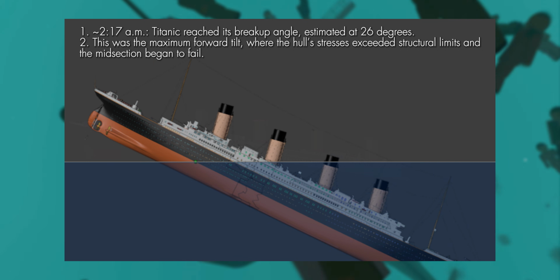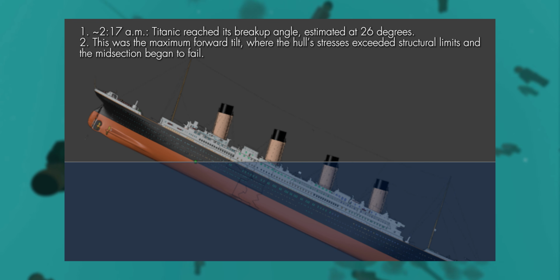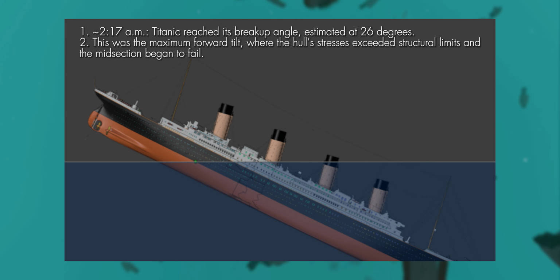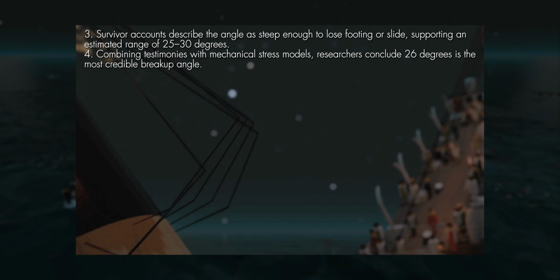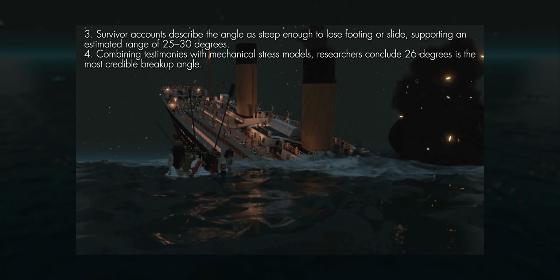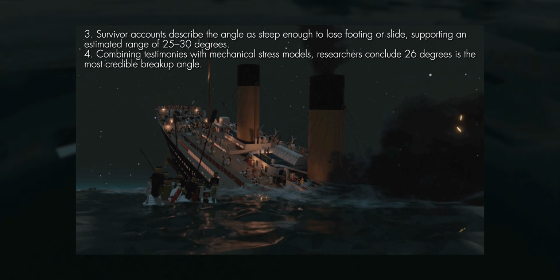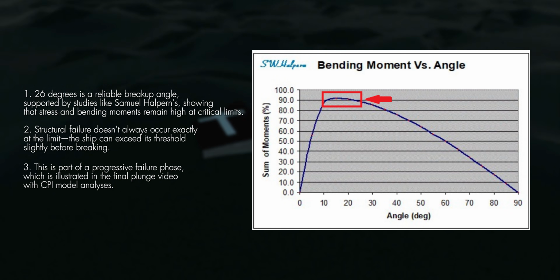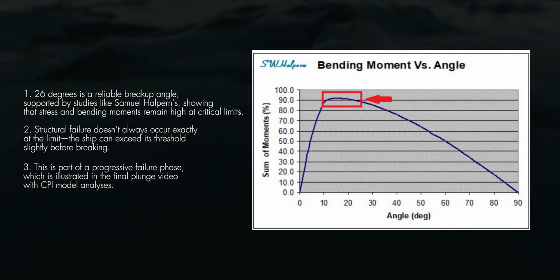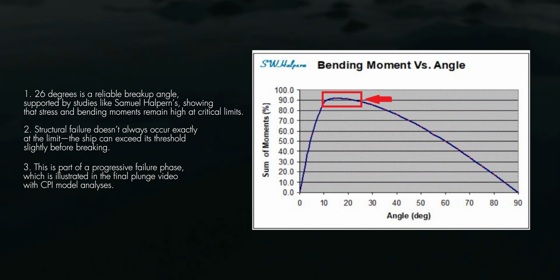the Titanic reached its breakup angle, estimated at around 26 degrees. This was the point of maximum forward inclination, where the stresses on the hull exceeded structural limits and the ship's midsection began to fail. Some survivor accounts suggest that the angle appeared steep enough for people to lose their footing or slide along the decks, supporting an estimated range between 25 and 30 degrees. After extensive comparison between testimonies and mechanical stress models, researchers have determined 26 degrees as the most credible estimate for